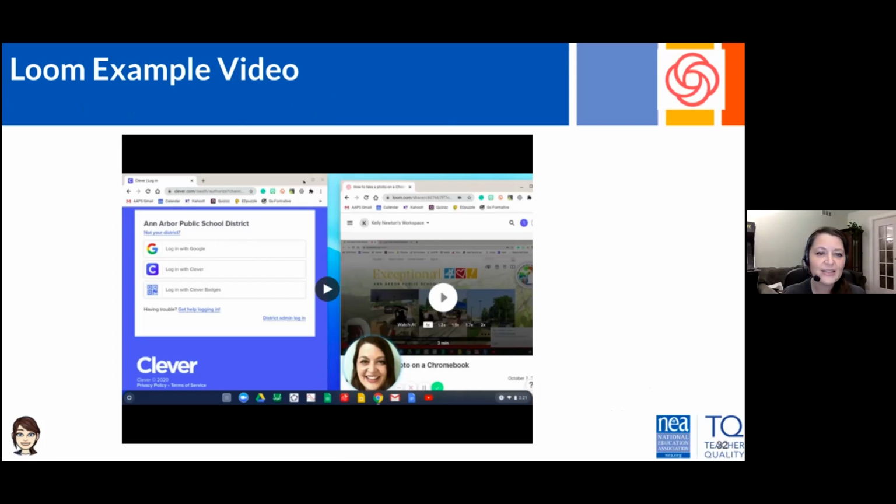And this is just another quick example, and I wanted you to see the difference. The camera is circular this time. You can pick it up and drag it anywhere you want it on the screen. The three little dots, which are hiding right down here, if you tap them, you can take away the camera completely. You can make it bigger or smaller. If you want to stop the video and delete it completely, you hit the X. You can pause while you're recording, and if you're happy with your recording, you click the little check mark here, and I'll show you. This is a very short video for you.